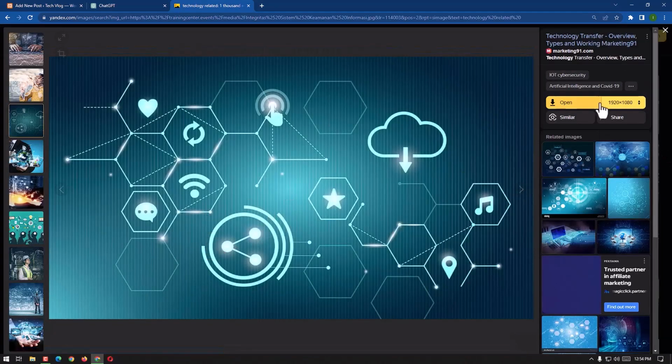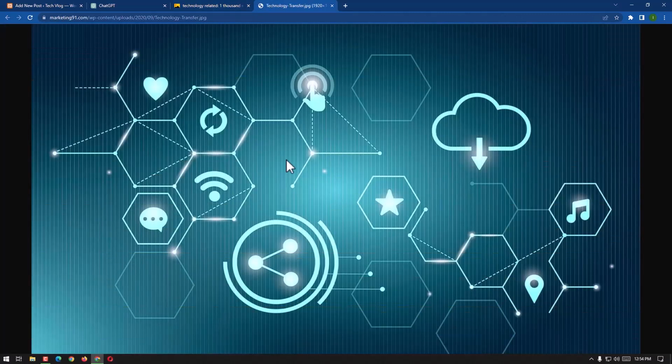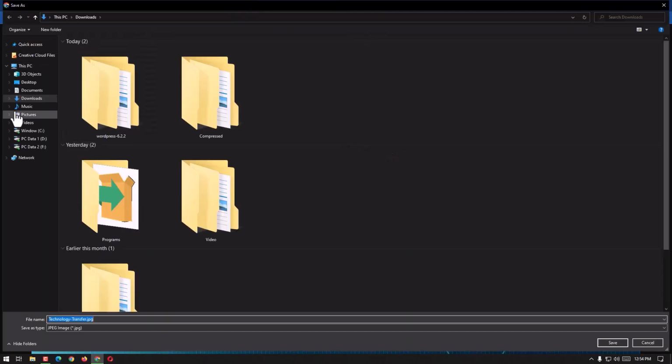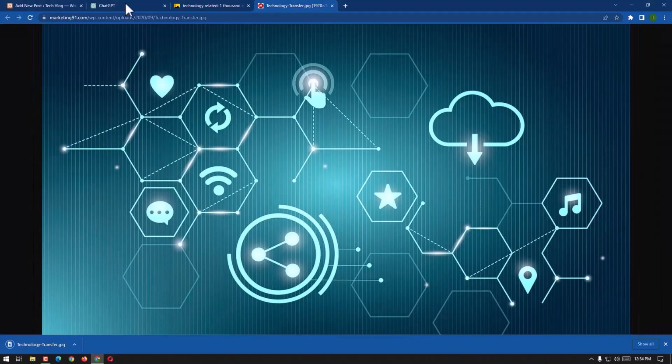Now it is giving me the option to open it, to download it. I can choose the resolution. The resolution is 1920 and it's perfect, and open. And now I shall save the image, and it is, yes, and then